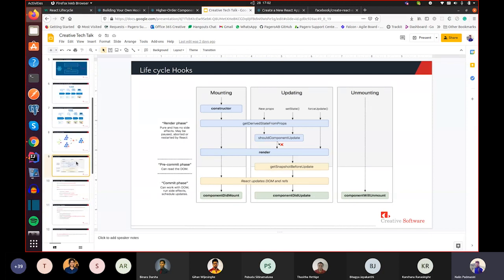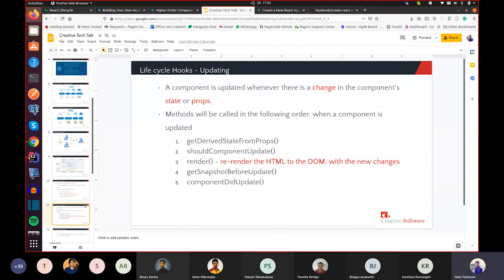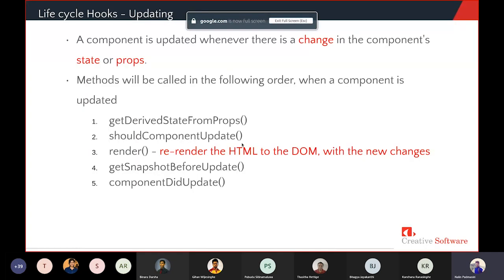Okay, now let's move on to the next part, which is actually the things that I explained, also defined here. A component will update only if you change your states or props, and I have already explained that in the diagram as well, and the order is like this.